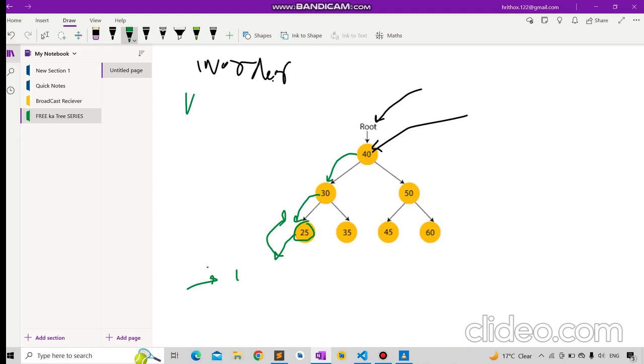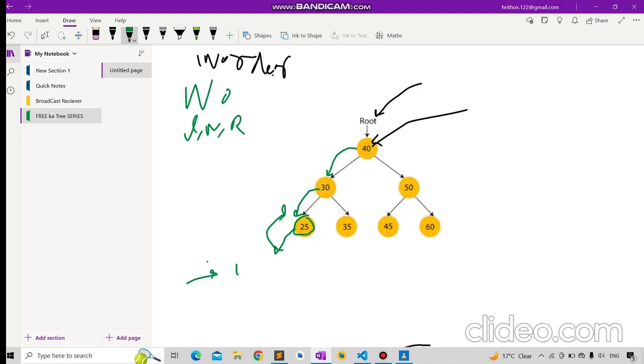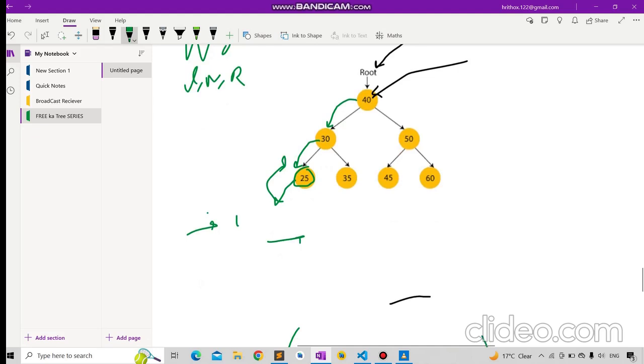What does it say? Go to the left, then take the value of the node, then go to the right. So in in order I will get the value of 25. Then I will iterate on the right, and that one doesn't contain anything, so I will come here, then I will revert back. So 30 has come in the middle, then 30, then 35,